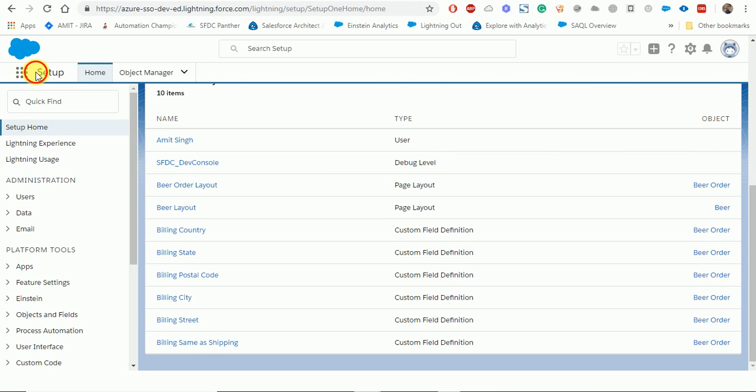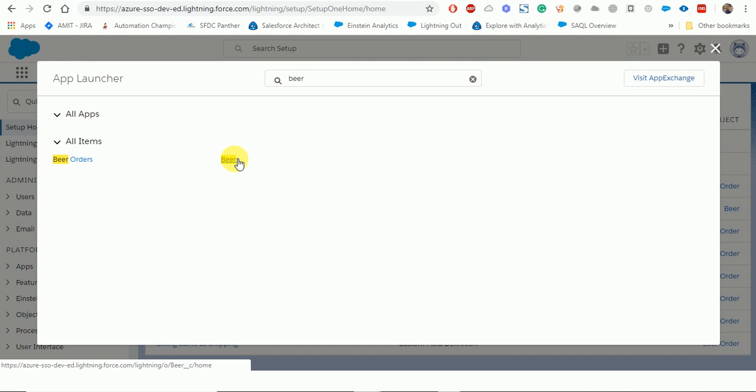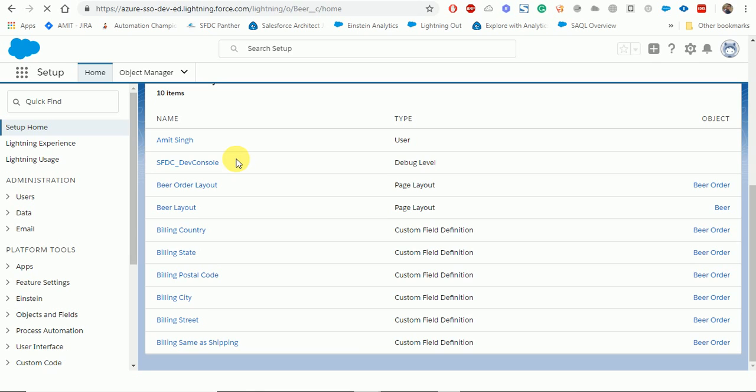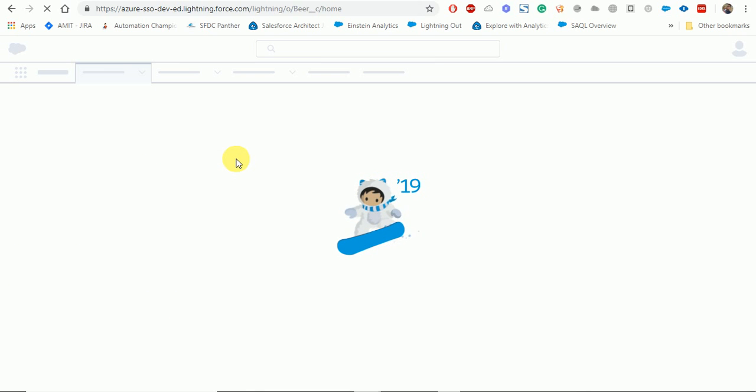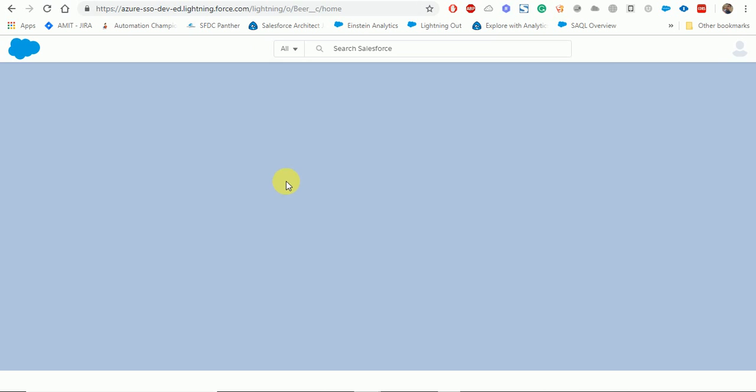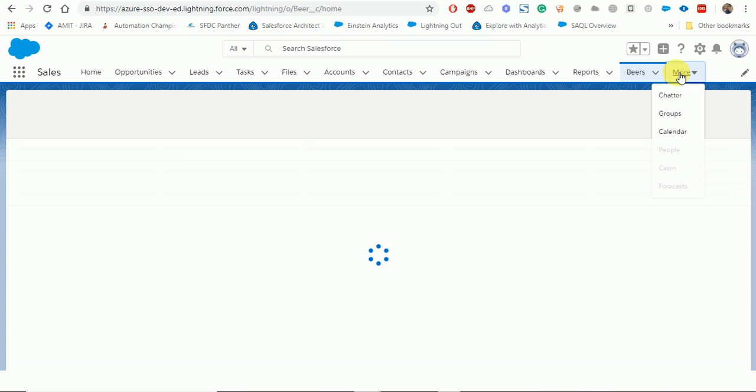If I go to beer object and open any record detail page, and that is the full record detail page.